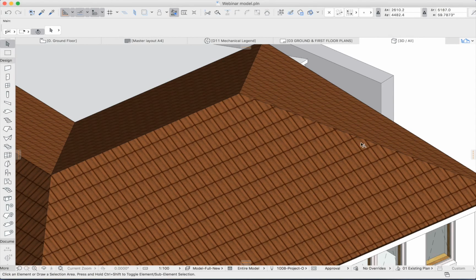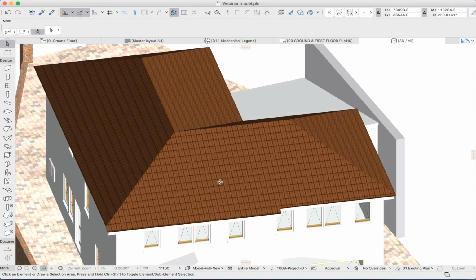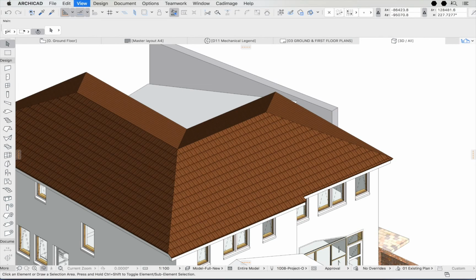And if I cut sections through it, the surface texture contributes nothing. It's just a skin, as if it's painted on the surface. And presenting something like this would be a bit of an embarrassment. It looks quite basic and crude. So I'll undo that